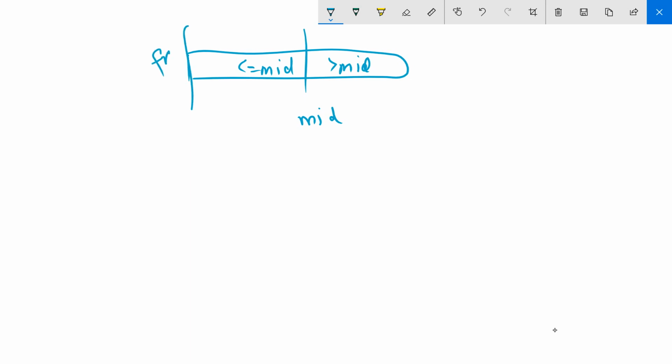So this is the from pointer, this is the to pointer, and stable partitioning does this thing and returns us this pivot index pointer.